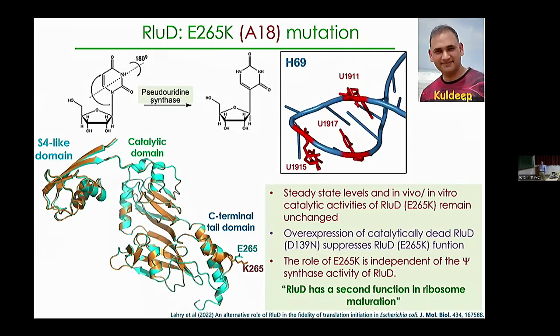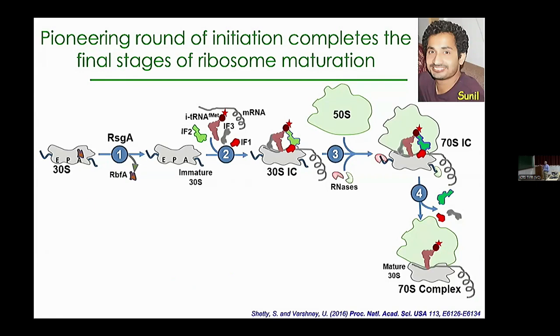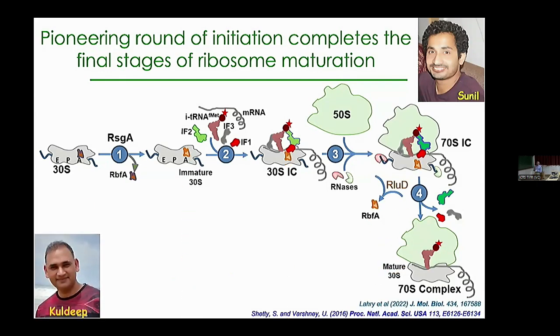And this actually then led us to think that there must be a second function of the RLUD protein, much like what Rajyaguru was talking about for his protein, that there is a function of this protein which is independent of its catalytic activity. And he did many other experiments, and what he eventually added to this pathway was that